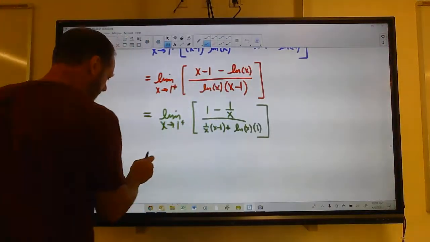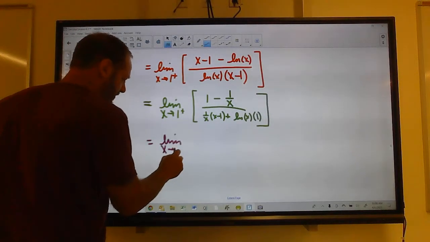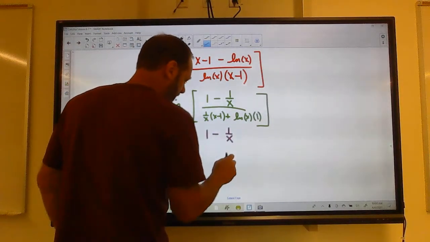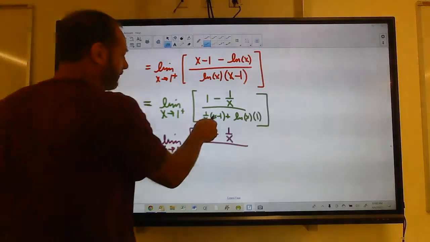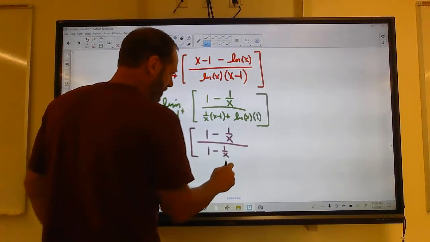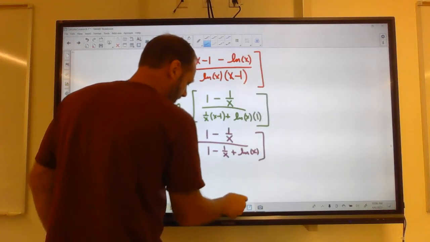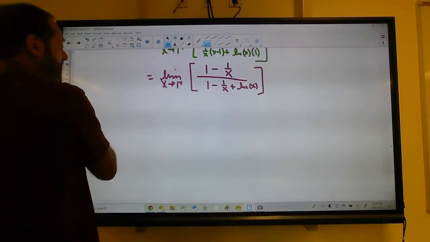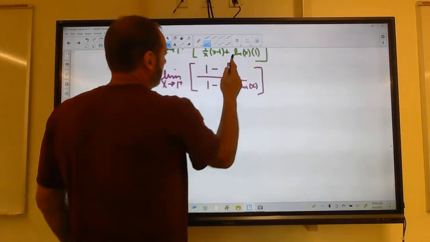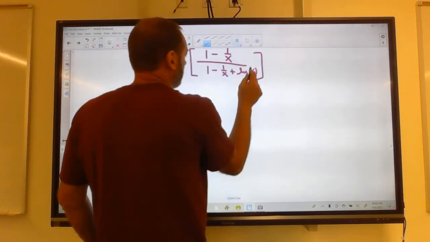Okay, so what does this come out to be? Let's clean this up a bit. This is going to be the limit as x goes to 1 from the positive side. No problems on the top here. All right, 1 over x times x is 1, minus 1 over x plus natural log of x. Okay, still a problem. This is 0 on the top. This is 0 on the bottom. So I'm going to need